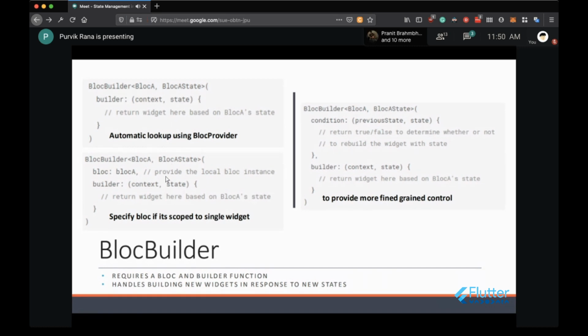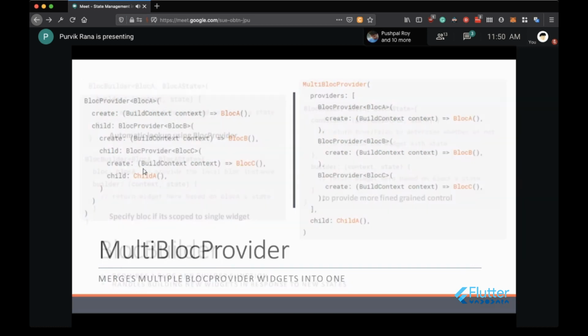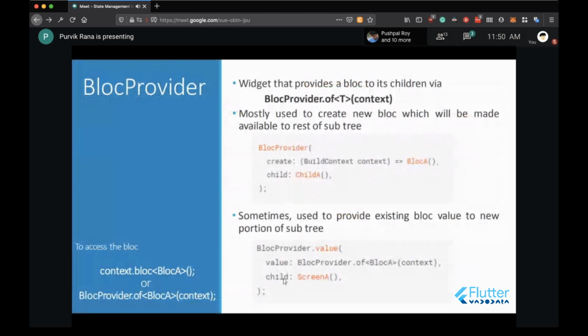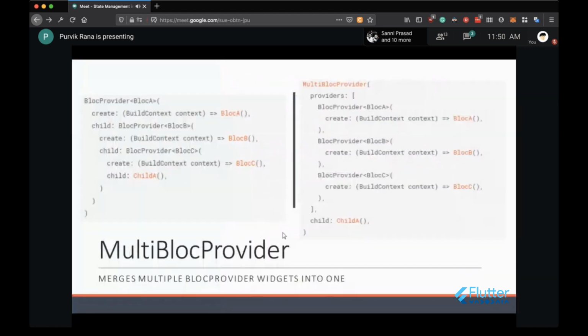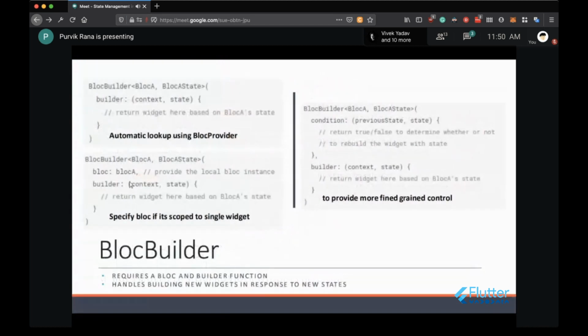And in the second syntax, you can also associate the local block instance. So whatever block that you have provided using the block provider, you can easily create the instance of that block using this syntax, and you can pass that value to this particular block.